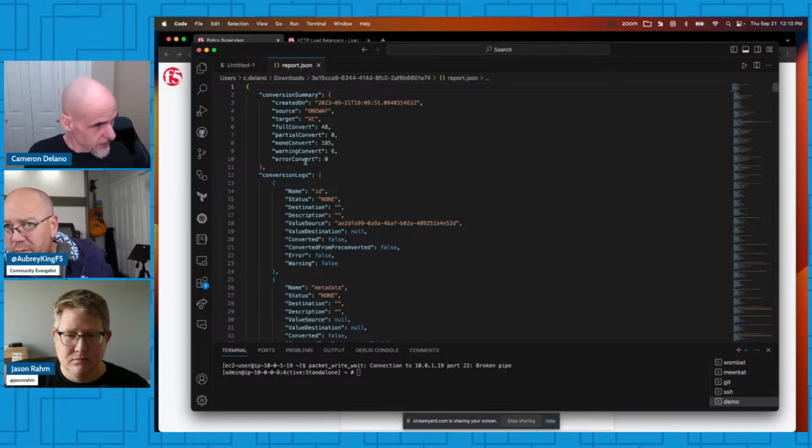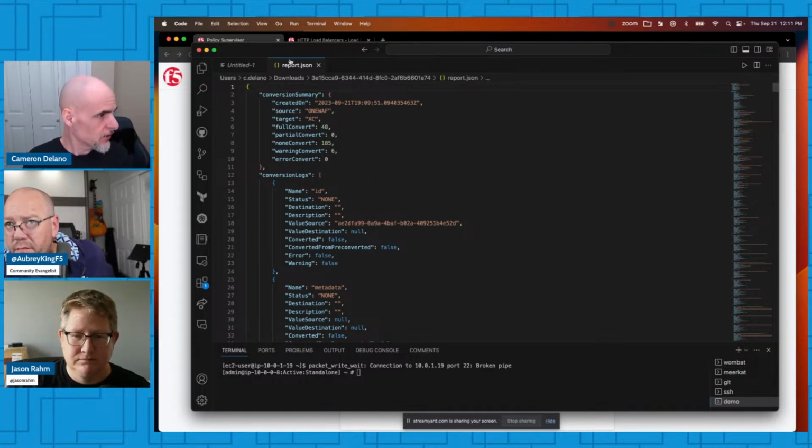It'll tell you whether there were any errors or what's going on, and it'll also tell you why something won't be converted as well. So you have these full conversion logs. Also,